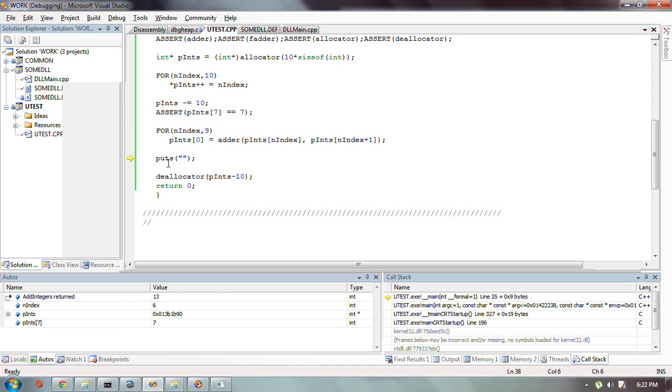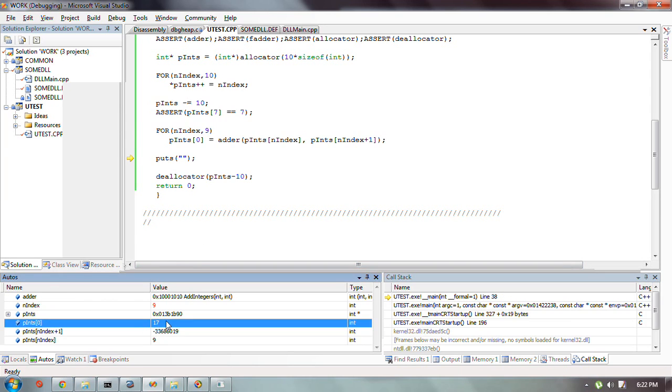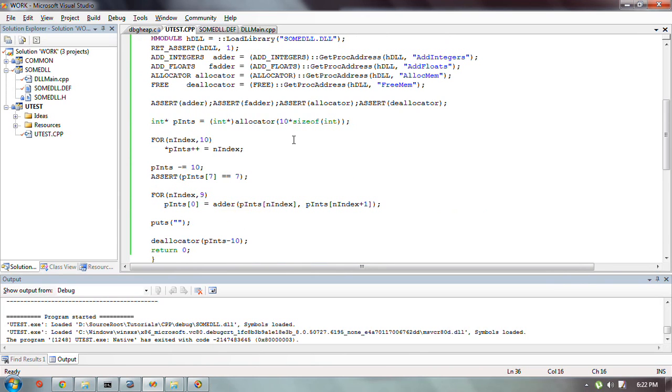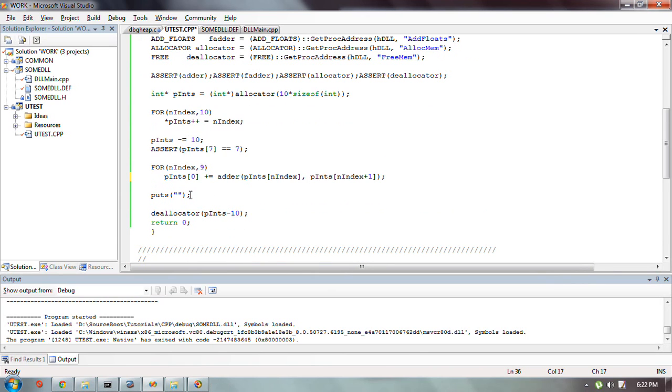And in the end, we get 17. Well, 17 is 8 plus 9. That's not very interesting. Let's accumulate these additions. Now you should know from what I've told you before. The sum is